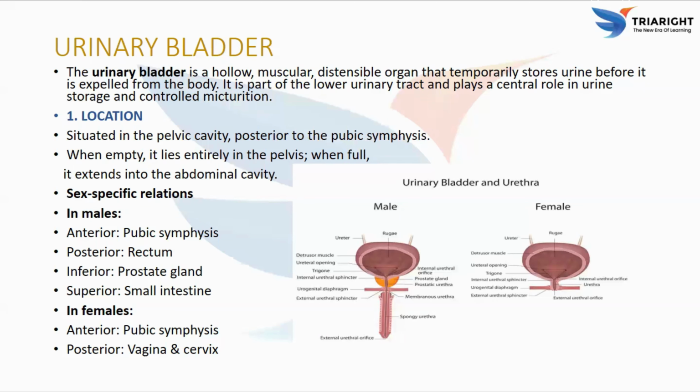So this is a picture of the urinary bladder and urethra in both males and females. You can find the detrusor muscle, the urethral opening and the trigone, the internal urethral sphincter, the prostate gland and also the prostatic urethra. And what is the difference between male and female? In males, you can find the prostate gland and in females, it is absent. So next,